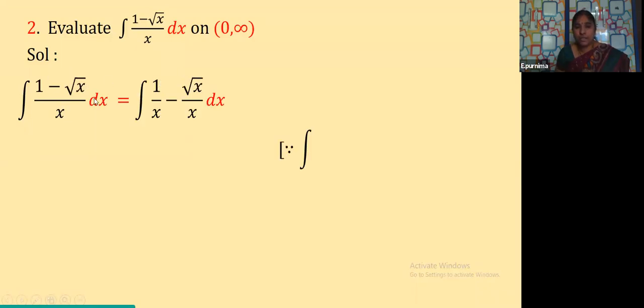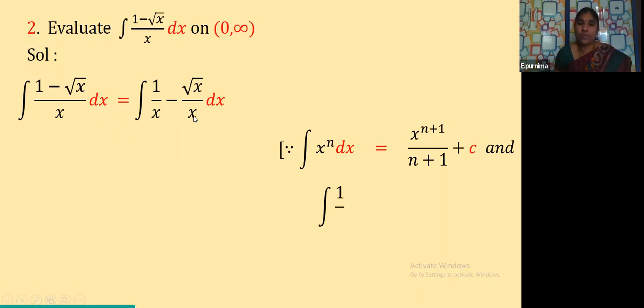Integral of 1 minus root x by x into dx is equal to what, children? I'm splitting the fractions here: 1 by x minus root x by x into dx. So here 1 by x, we have a direct formula. But what about root x by x? Root x can be written as root x into root x. Yes or not? So one root x can be cancelled. So what is left here? 1 by root x. 1 by root x means how much? x to the power of half, and when it goes to the numerator, it becomes minus half.